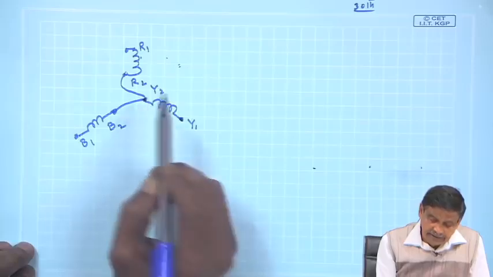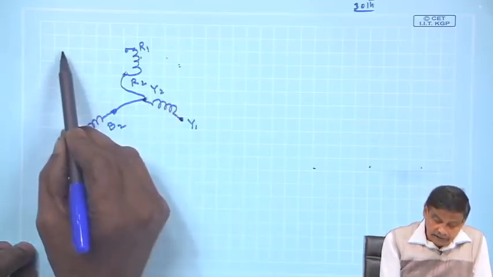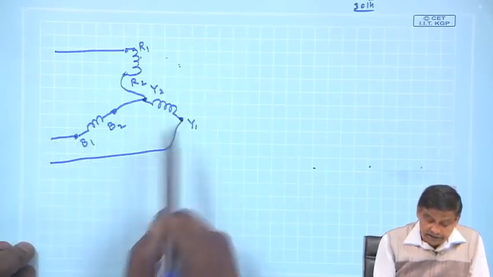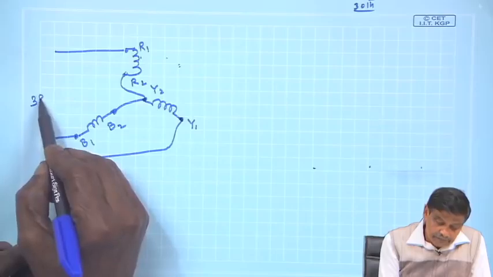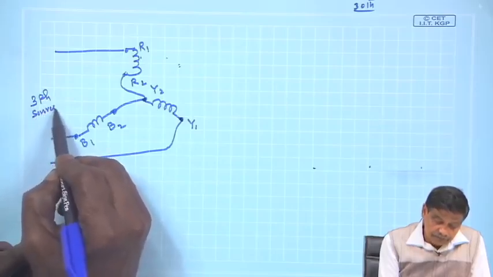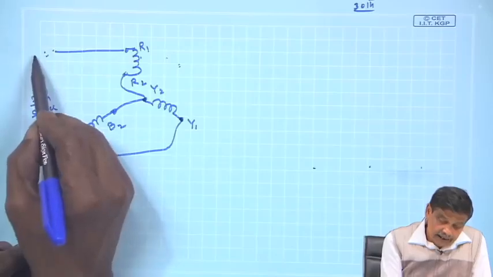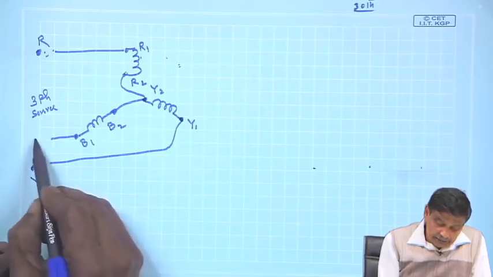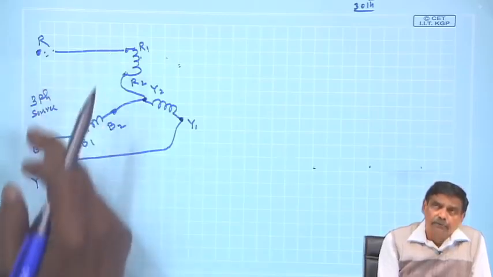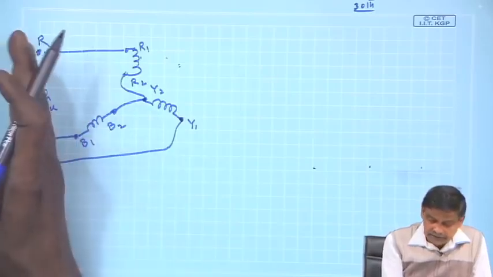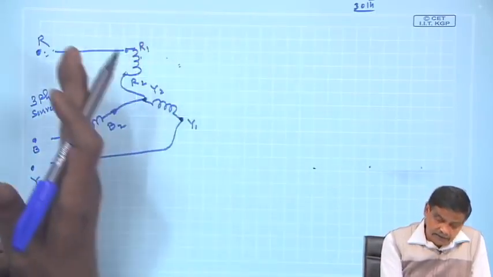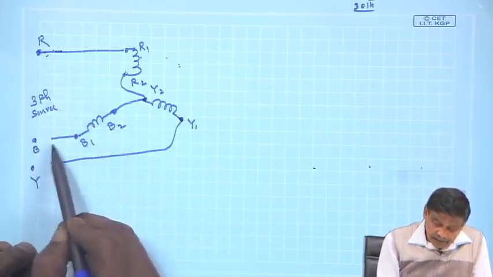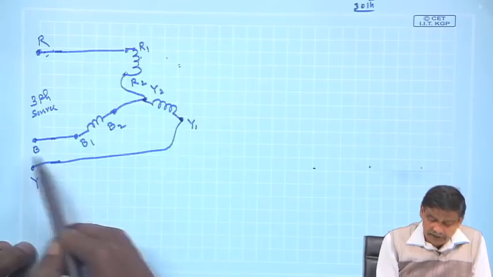connected these three in star, and I will energize it with a 3-phase source. Here I will connect, and the source terminals are R, Y and B, and the phase sequence is R Y B of the supply source. So, this is different from your machine. This is the external thing, and then I will connect them with the help of a switch, maybe, to energize